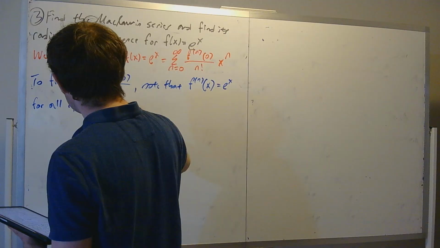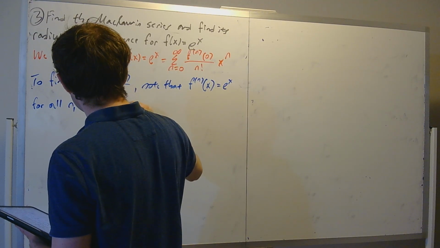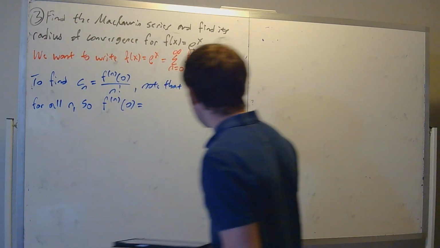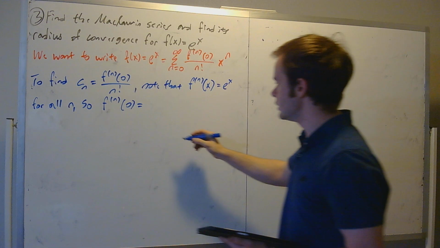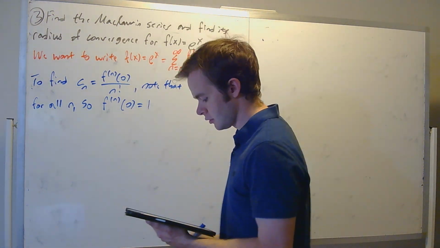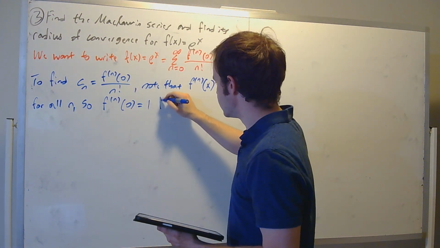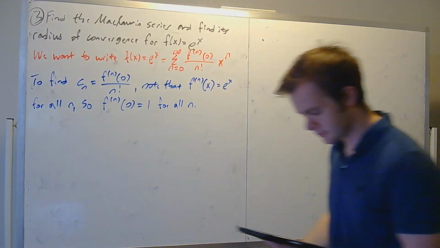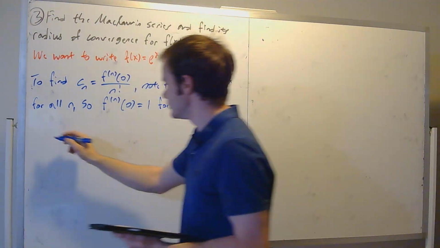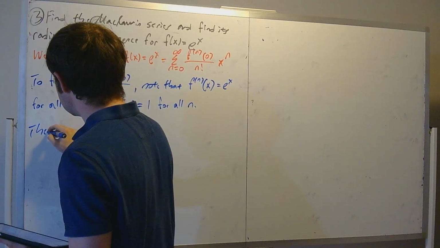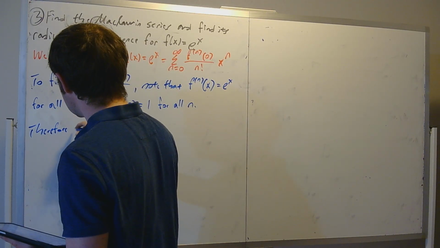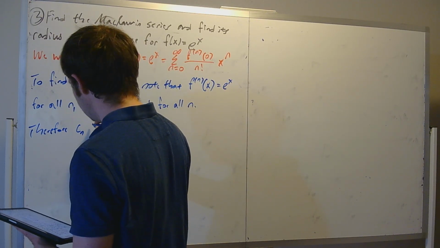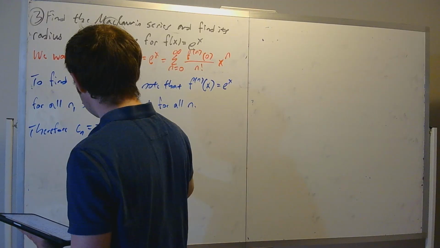So if you take the nth derivative and you evaluate it at 0, then you plug in 0 here, e to the 0, that's going to be 1 for all n. Okay. So therefore, our coefficient Cn is equal to 1 over n factorial,